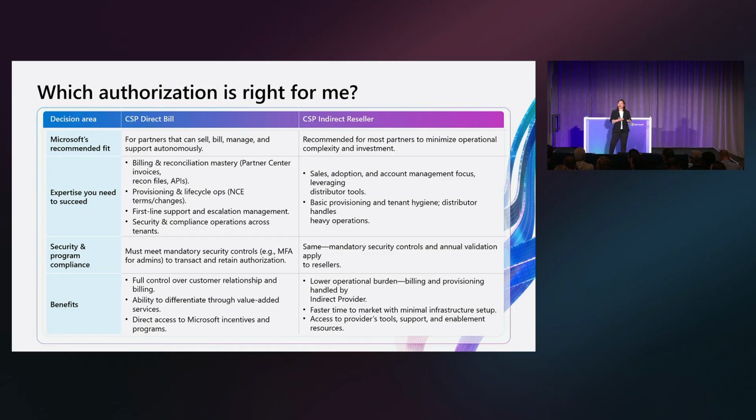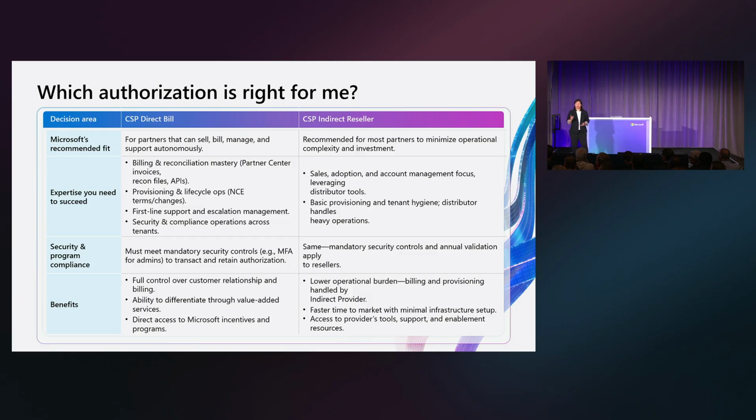If you are going to be a direct bill partner, you do have to have the expertise listed under the direct bill column on the slide, right? If you are a reseller, you are getting support from a distributor to meet those requirements. Think about things like economy of scale. If you want to enter a new market and don't want to invest that much, you want to try it out first, go work with a distributor. It's an option. It's not a necessity that you start as a direct bill partner or stay as one. Being a direct bill partner requires significant upfront investment in systems. You have to have your own billing, automation, and support. You have to have dedicated staff for customer service and technical support.